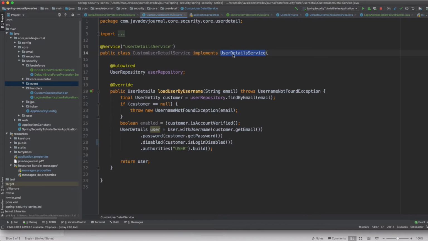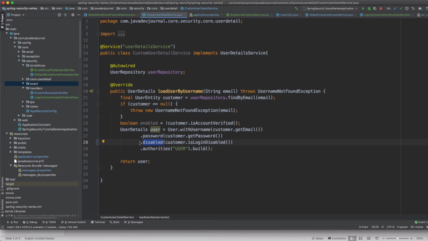The user detail service is used by our DAO authentication provider. For our application, if you remember from the previous lesson, we are using the DAO authentication provider, and within it we are injecting our custom user detail service. I have made a small change here where, for the disabled flag, I am getting the information from the customer entity. That's the only change. The rest will be automatically taken care of by Spring Security. So if the account is disabled, even if your login attempt is successful, Spring Security will treat it as a failed login attempt because your account is disabled.